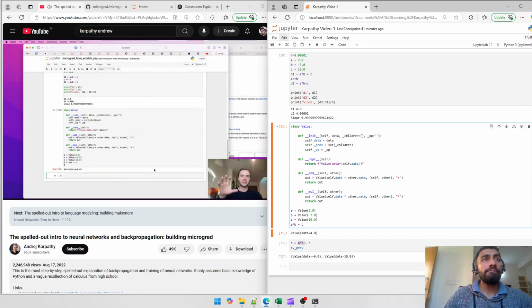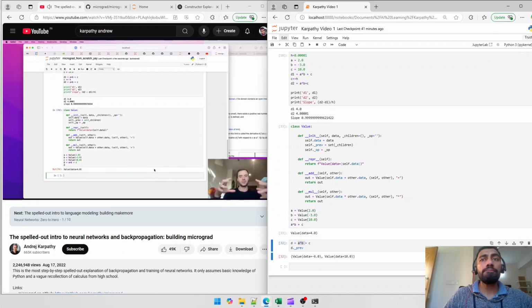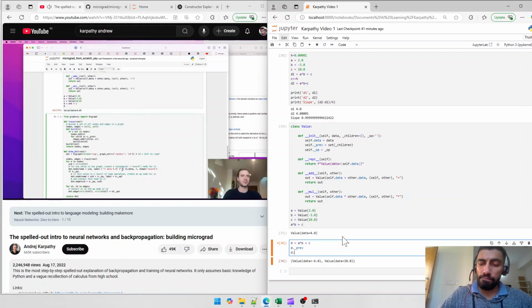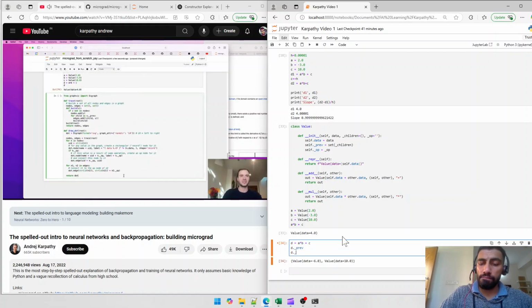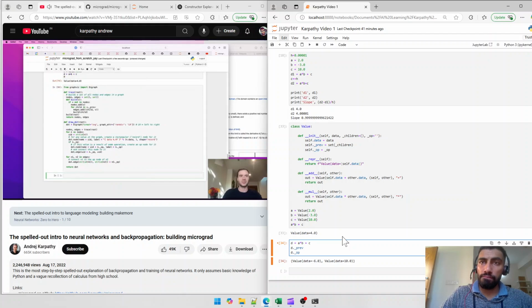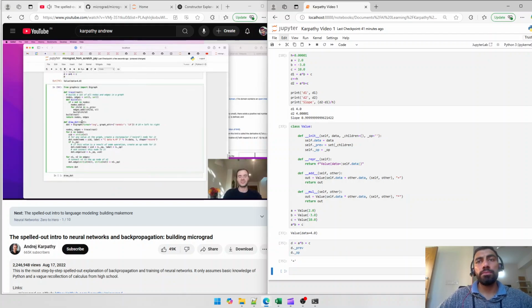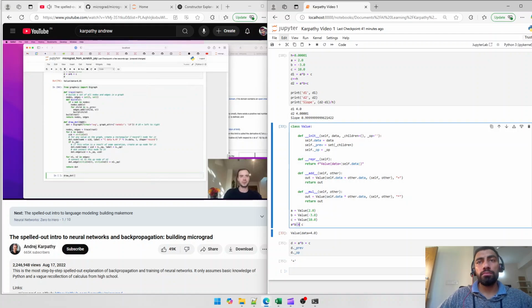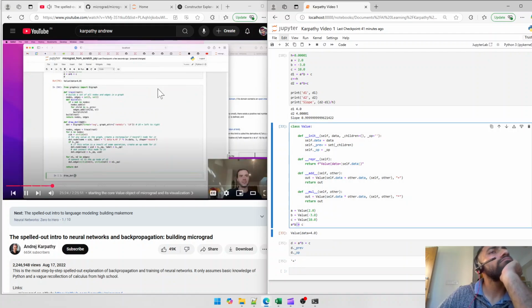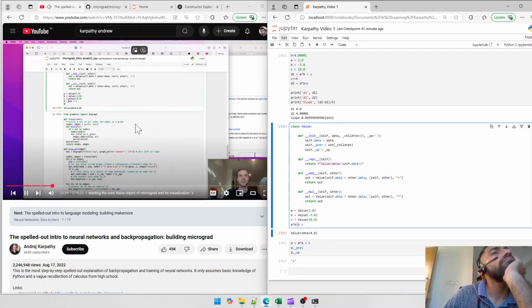Now, because these expressions are about to get quite a bit larger, we'd like a way to nicely visualize these expressions that we're building out. So for that, I'm going to copy paste a bunch of slightly scary code that's going to visualize these expression graphs for us. So here's the code, and I'll explain it in a bit. But first, let me just show you what this code does. Basically, it creates a new function, draw dot, that we can call on some root node, and then it's going to visualize it. So if we call draw dot on d, which is this final value here, that is a times b plus c,